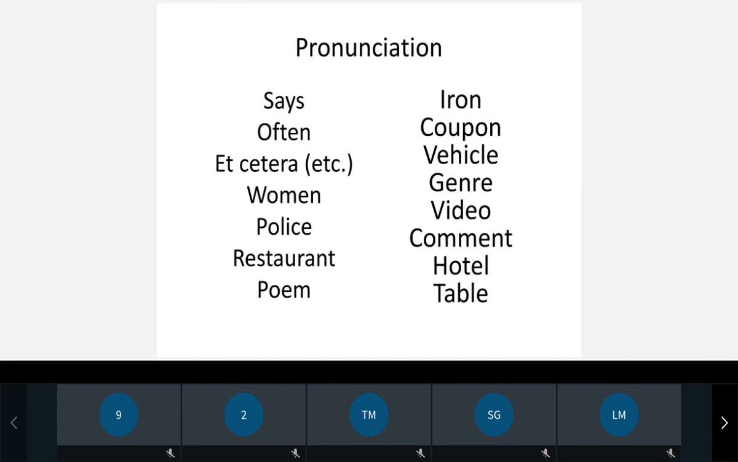Remember this. The next is women. Many a time there are different sounds that I hear related to this particular word. Woman, when we talk about the singular, woman. But when we talk about the plural, it's women, women. The next, police,